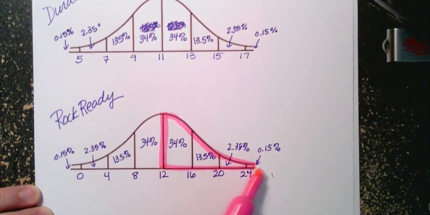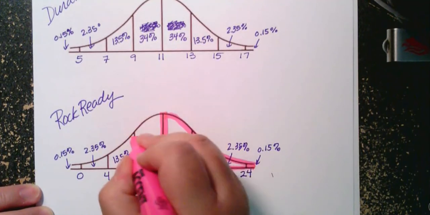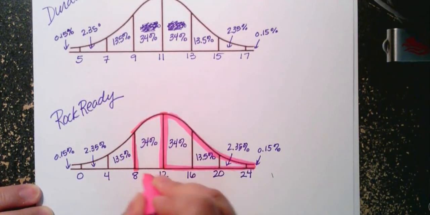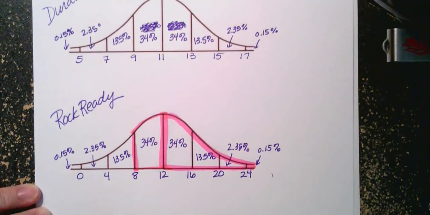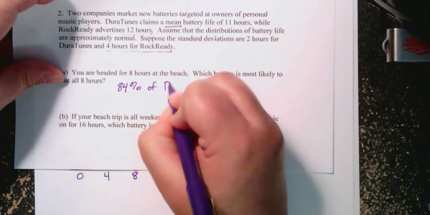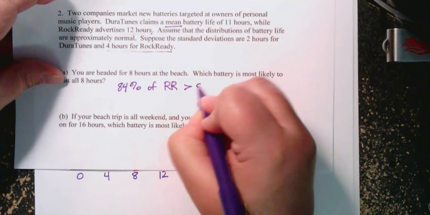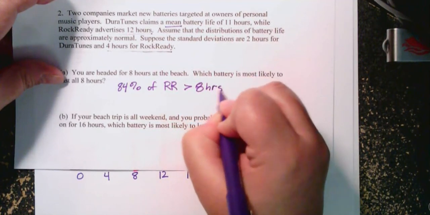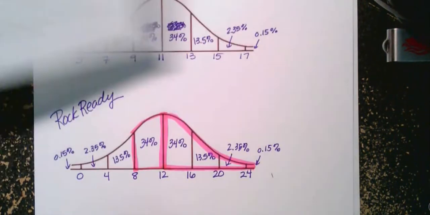So I've got 50% of Rock Ready batteries are going to last more than 12 hours. So I'm going to count that 50%. And then another 34% is going to last between 8 and 12. So 50 plus 34% tells me that 84% of Rock Ready are going to last greater than 8 hours. Well, that sounds pretty good. But let's look at